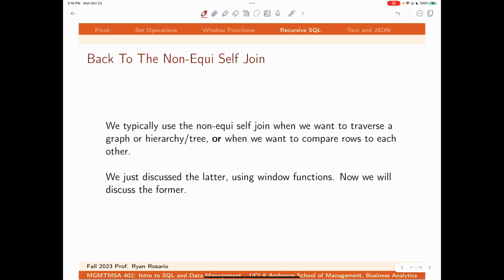And in order to do that, I had to write a bunch of self-non-equi joins to go up the stack, up the hierarchy, to find out which director they reported to. If the director they reported to was associated with the project that I was interested in, then I know to classify that launch as with a particular product. And so I could do that easily using a recursive SQL query, which is what I did instead of using